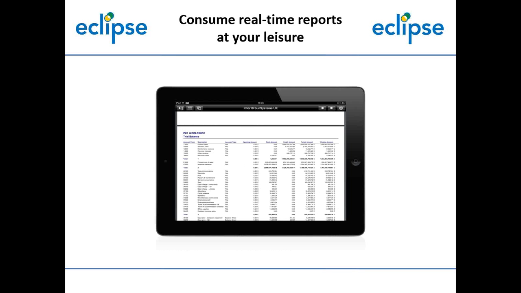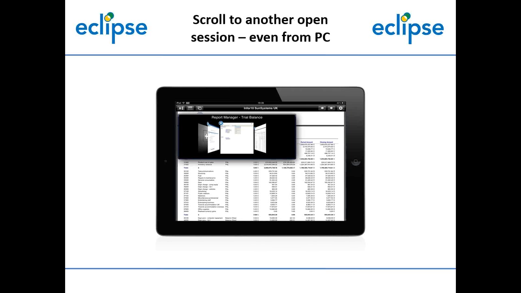So one of the other fundamental enhancements, I should say, in Infor10x: mobile access was always available in Infor10, but again, it's been enhanced a little bit in Infor10x. So again, it's been made easier to use. With things like the standard reports available on mobile devices, you can now simply scroll through all of the standard reports in SunSystems using a carousel interface on your iPad, so that any report you have is published to the report manager in Infor10, with a trial balance and account listing, or any other custom report that you've developed within